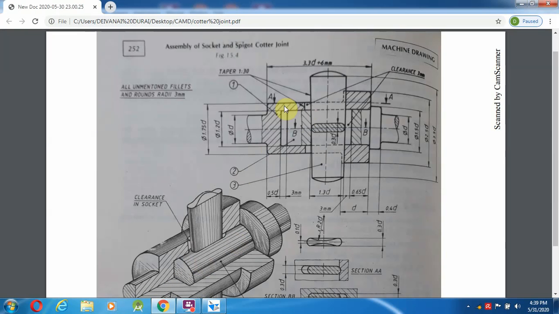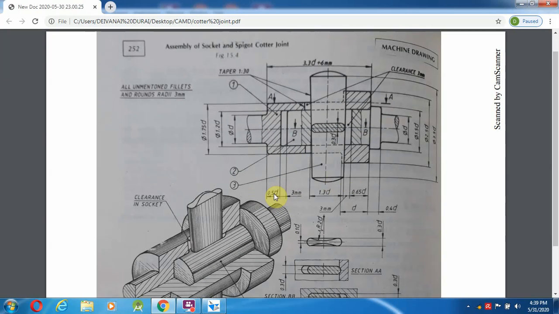That is from here to here. So what is the length? From here to this will be 72 mm. This is 10 mm, it will go in here. Some clearance we are going to provide, that is 3 mm. It is common for all types of socket and spigot joint.